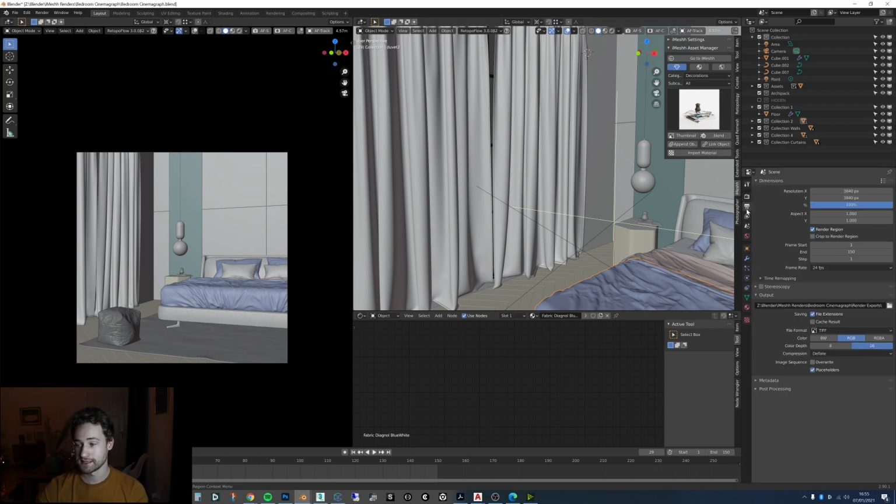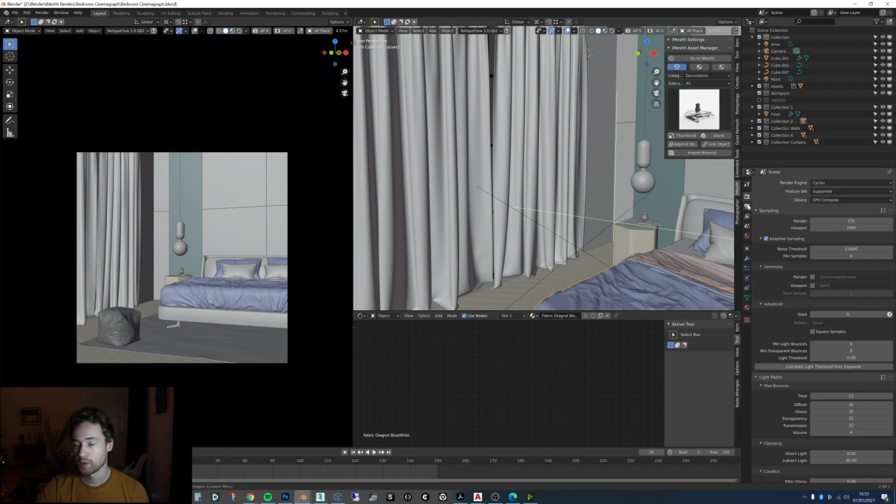Oh, I also rendered it in almost 4K, because denoising works a lot better at higher resolutions. Perhaps the AI was trained with higher resolution images, but if you set that to a high resolution and then lower the samples, you can get a better image than if you just keep it at a lower resolution. So yeah, I let that render, and then I had the frames, and then I'll show you what I moved on to.